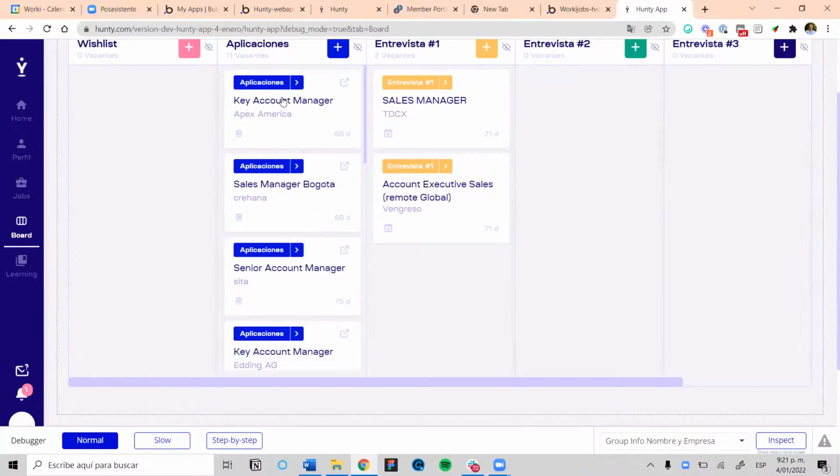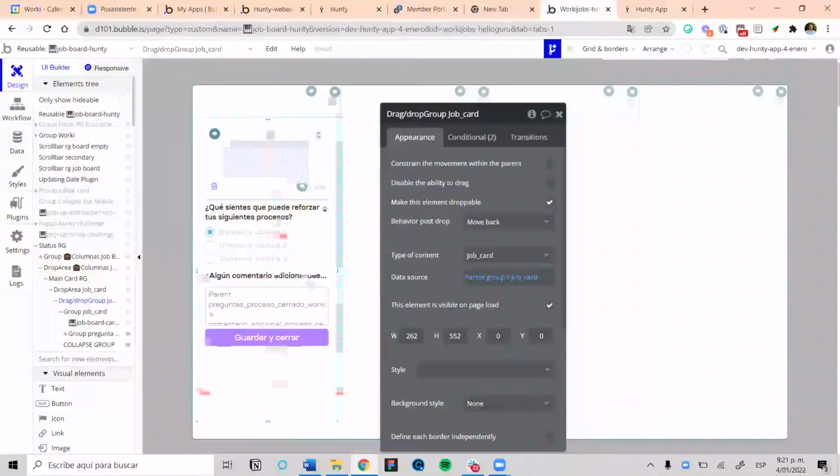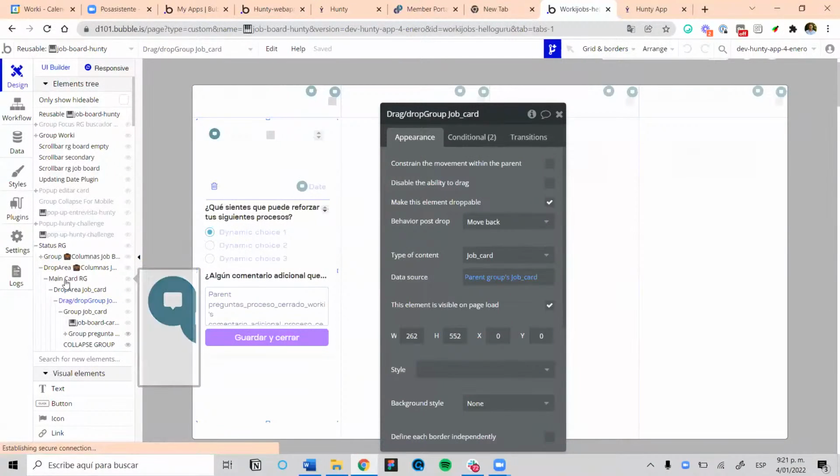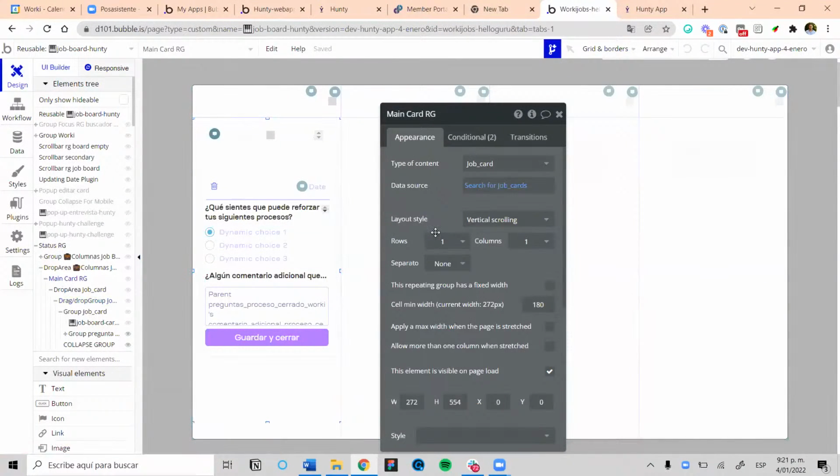Can you go to your repeating group, please? It's because you have the repeating group that contains it as fixed numbers of cells, in rows 1 and vertical scrolling. Sorry, fixed number of cells. No, this one, vertical scrolling, and you have only 1 row. So you can